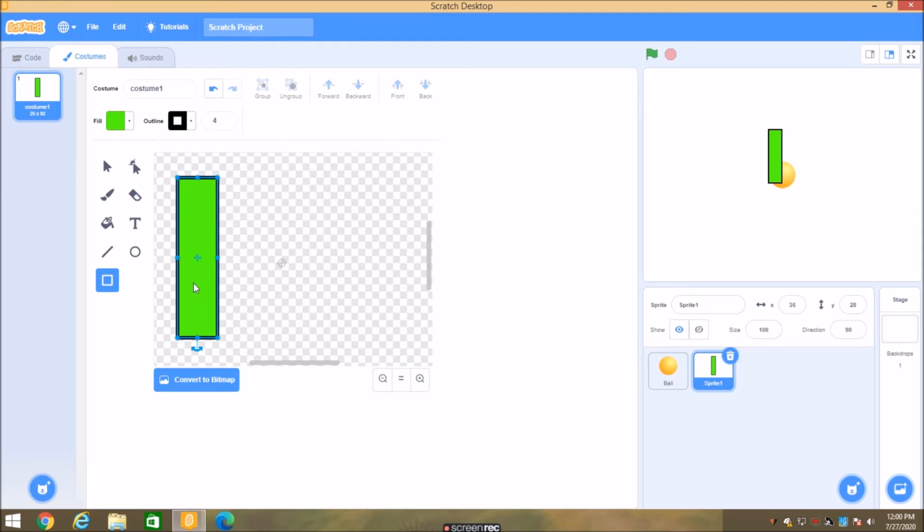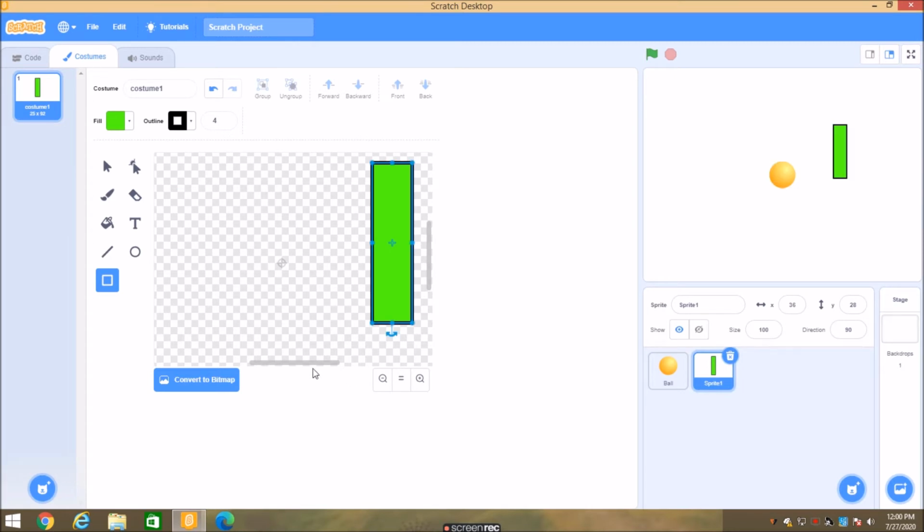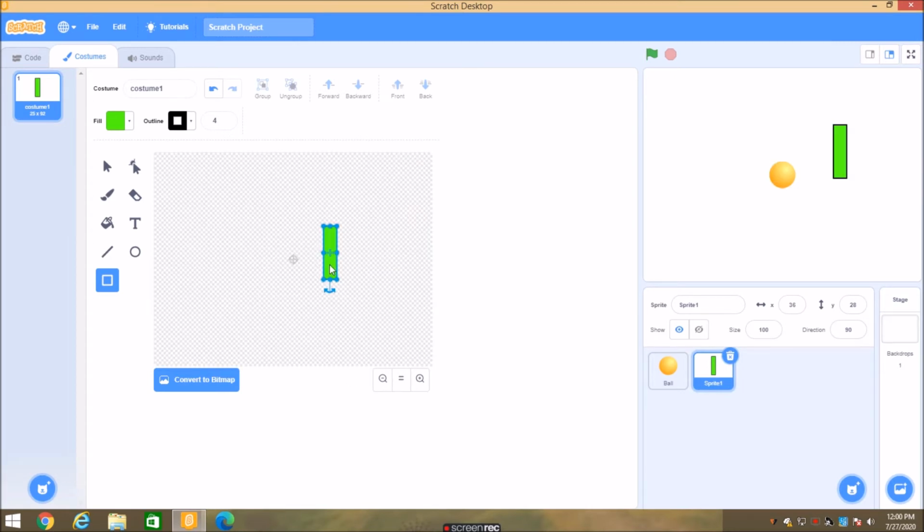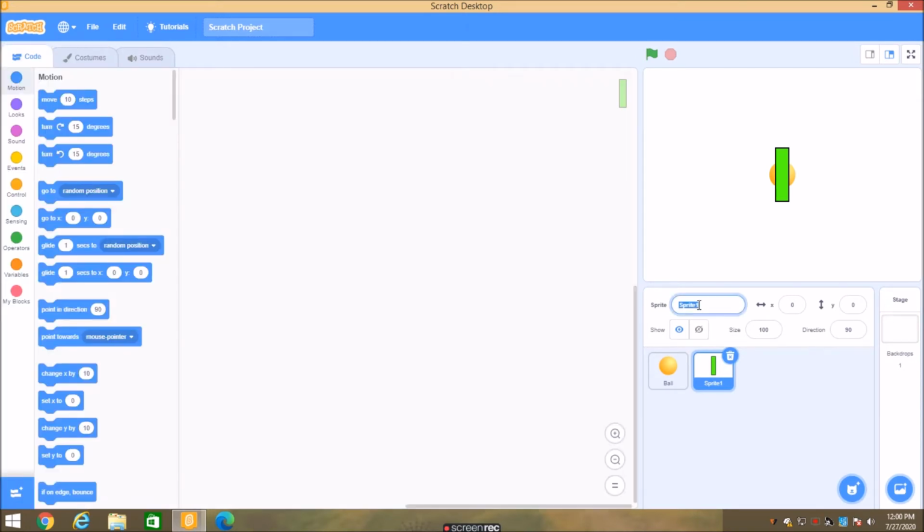So if I drag it here, zoom out, keep it here, and then set its position to 0 and 0, it is not the accurate center of the screen, because our figure is not correctly placed. So we need to place it correctly in the middle of the screen. Yes, now it is in the middle of the screen. But we don't want it in the middle. I will just name it player paddle.